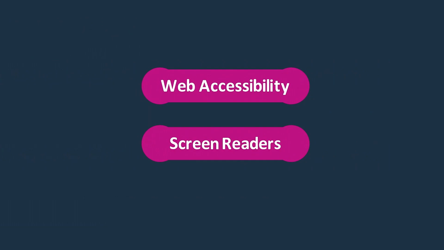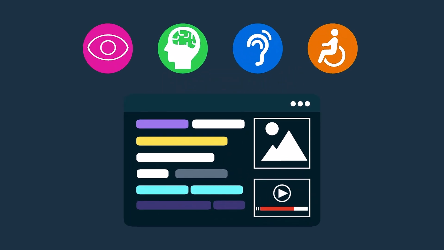In this course, we'll frequently come across two other important concepts, web accessibility and screen readers. Web accessibility, also known as A11Y, refers to the practices that make a website usable, even for users with physical or technical limitations. By following web accessibility guidelines, developers can create HTML documents that are accessible to a wide range of users, including those with physical disabilities. This ensures that everyone can access information and services on the web equally.